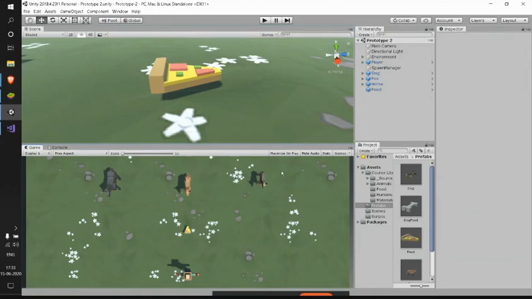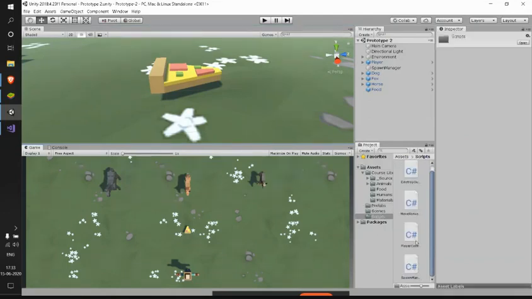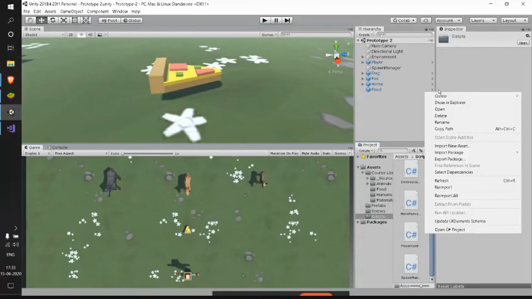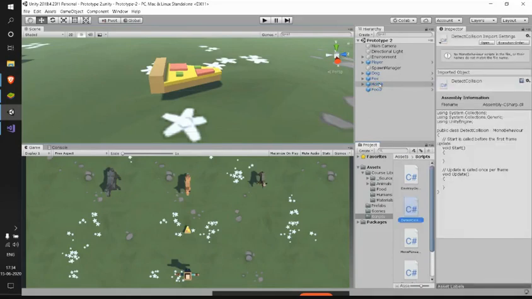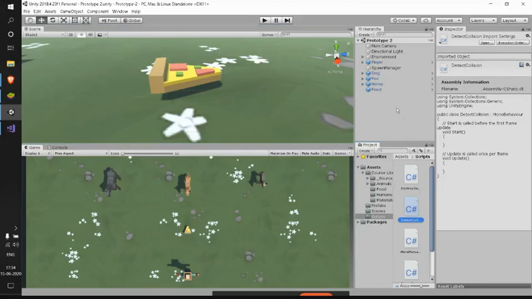To do that, let's go to our scripts and write another script called DetectCollision. This particular script is used to detect collision, and let me add the script to my food here.